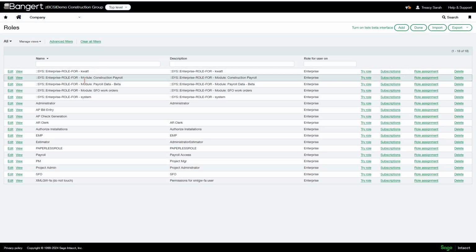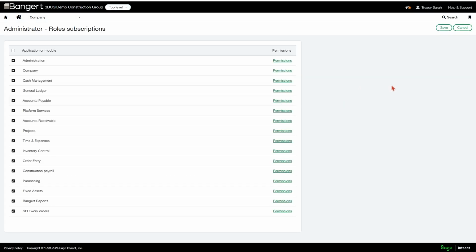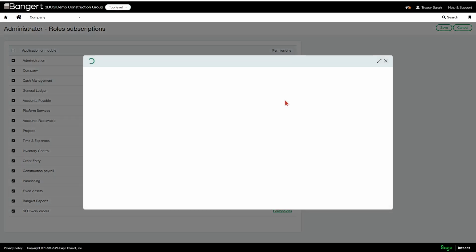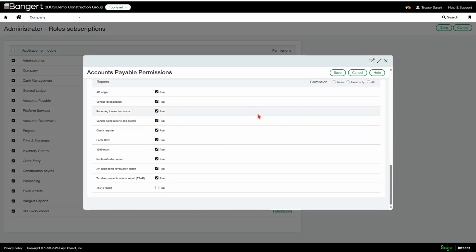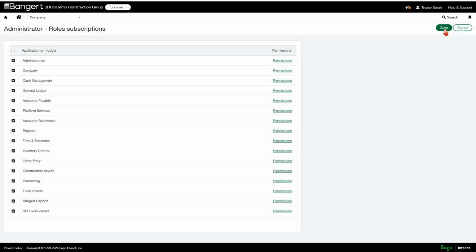And within your role, I am going to assume that you have administrator. Click on subscriptions and then go to accounts payable, permissions, and down in the report section, you want to make sure that you enable vendor reconciliation for yourself to be able to run that report. Okay, save again, refresh your browser.